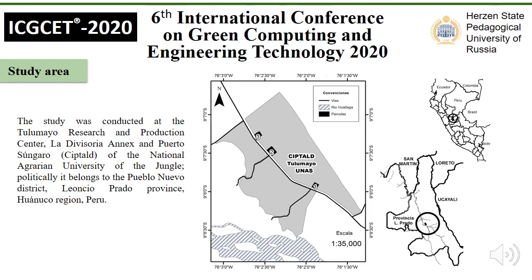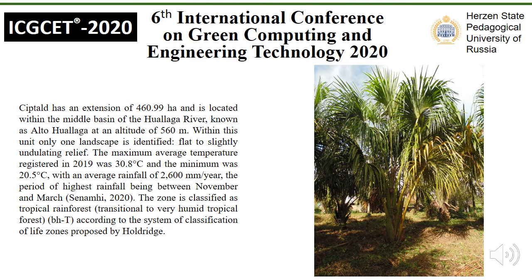Politically, it belongs to the Pueblo Nuevo district, Leoncio Prado province, Huánuco region, Peru. CIPTALD has an extension of 460.99 hectares and is located within the middle basin of the Guayaga River, known as Alto Guayaga, at an altitude of